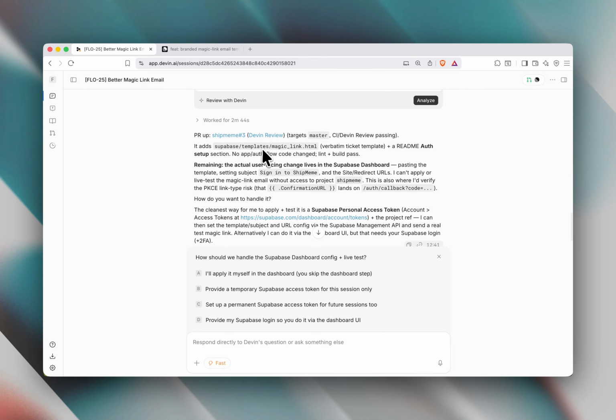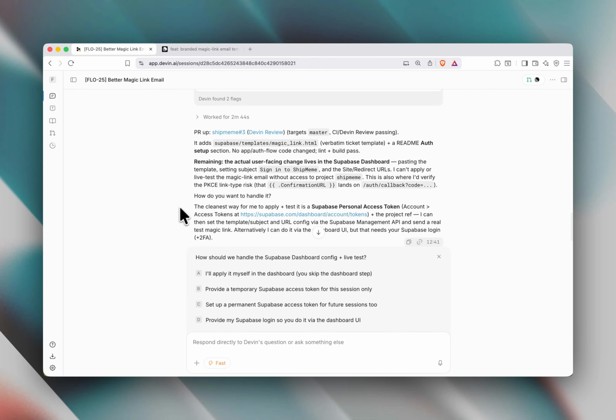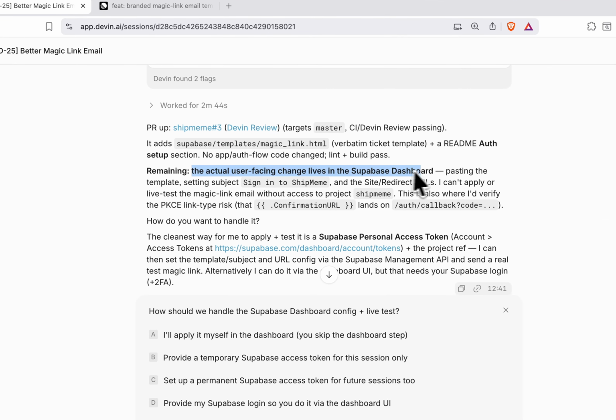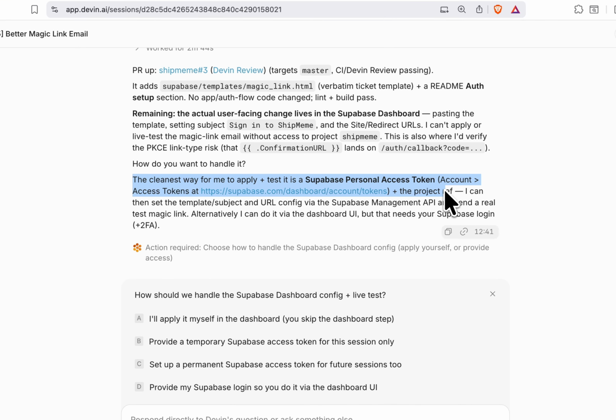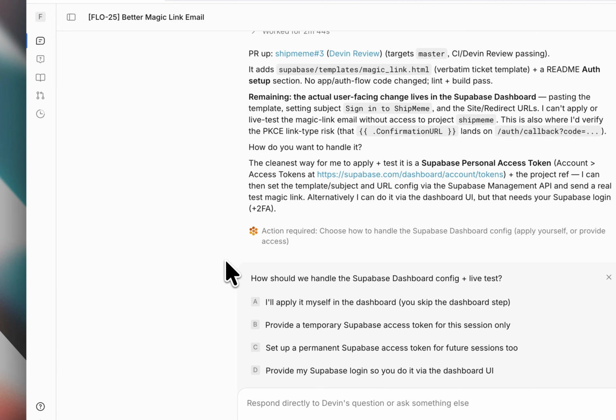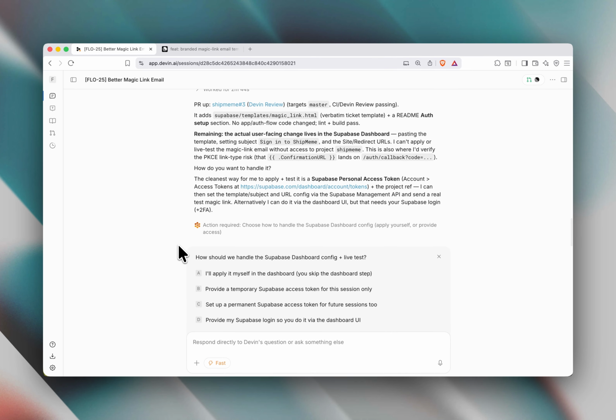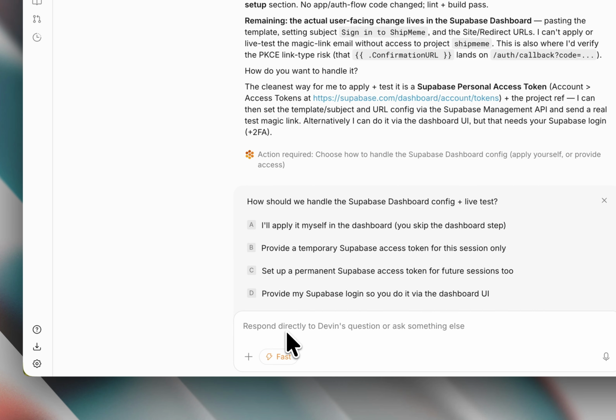It has Supabase, templates, magic link, HTML. Remaining the actual user-facing changes live in the dashboard. Blah blah blah. The cleanest way to apply is Supabase. Yeah, basically we can do it directly using the Supabase MCP from the app here. But for now, I will say